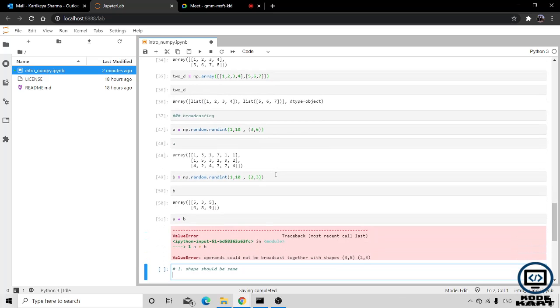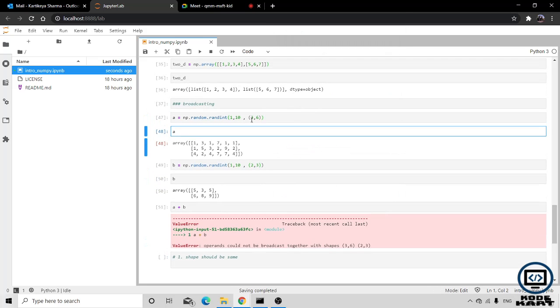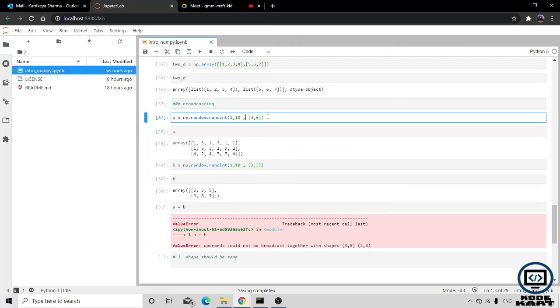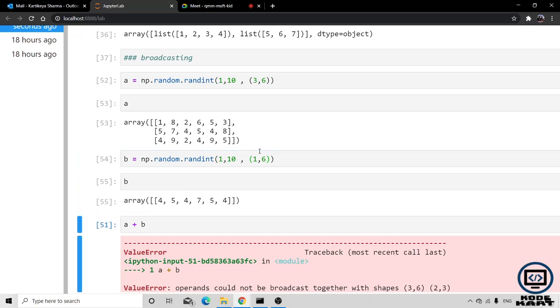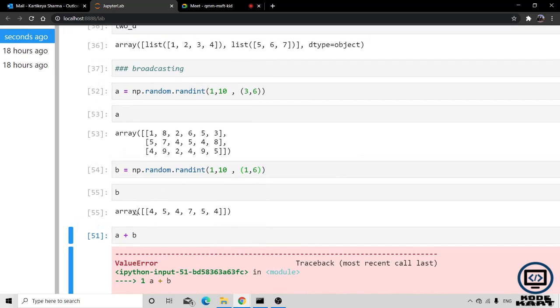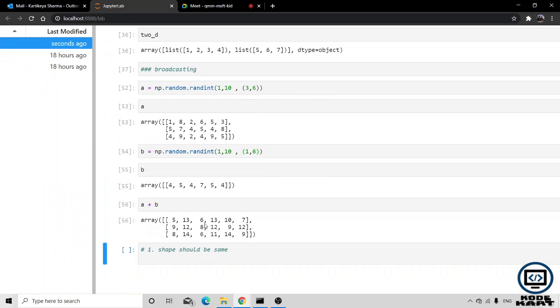Second point, when you can do broadcasting. Suppose the shape of the first A is 3,6, but you can have one row and 6 columns. Then you are able to see there are 6 columns and one row. Now if you add it, it will add perfectly.